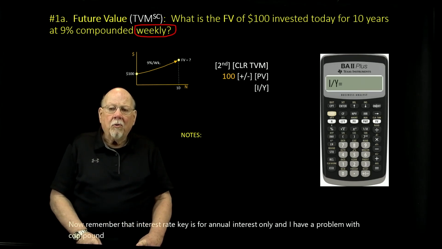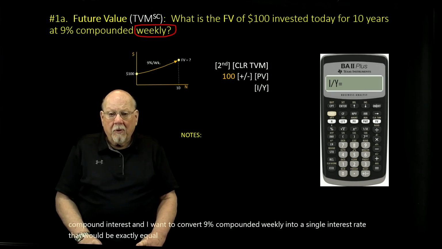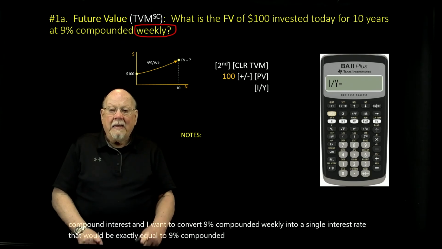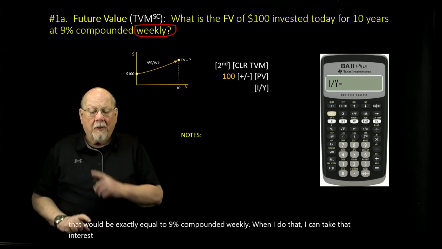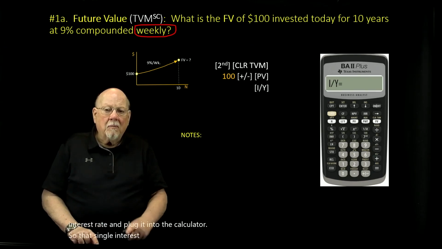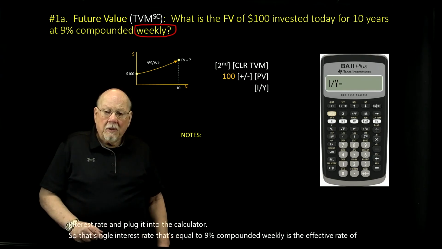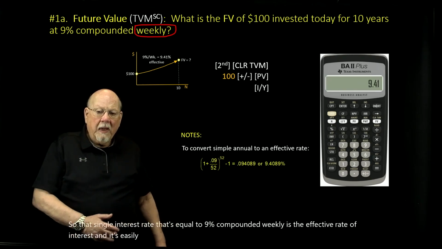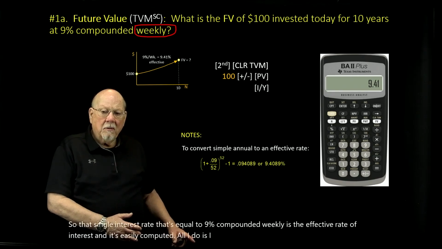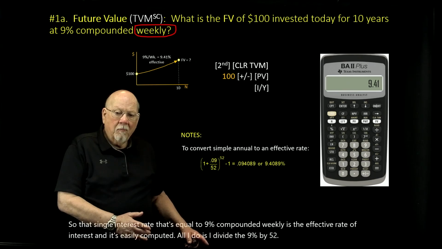And I want to convert 9% compounded weekly into a single interest rate that would be exactly equal to 9% compounded weekly. When I do that, I can take that interest rate and plug it into the calculator. So that single interest rate that's equal to 9% compounded weekly is the effective rate of interest. And it's easily computed. All I do is divide the 9% by 52, add 1, raise it to the